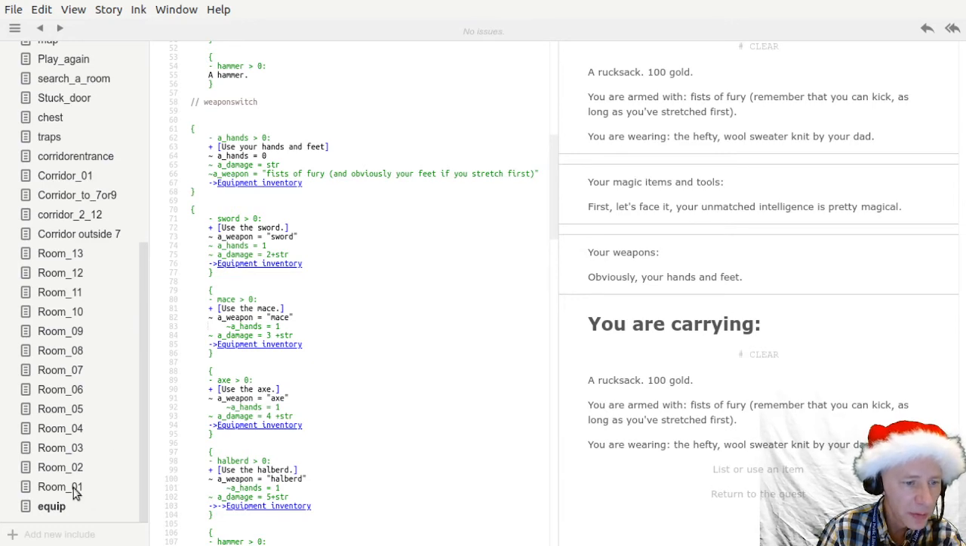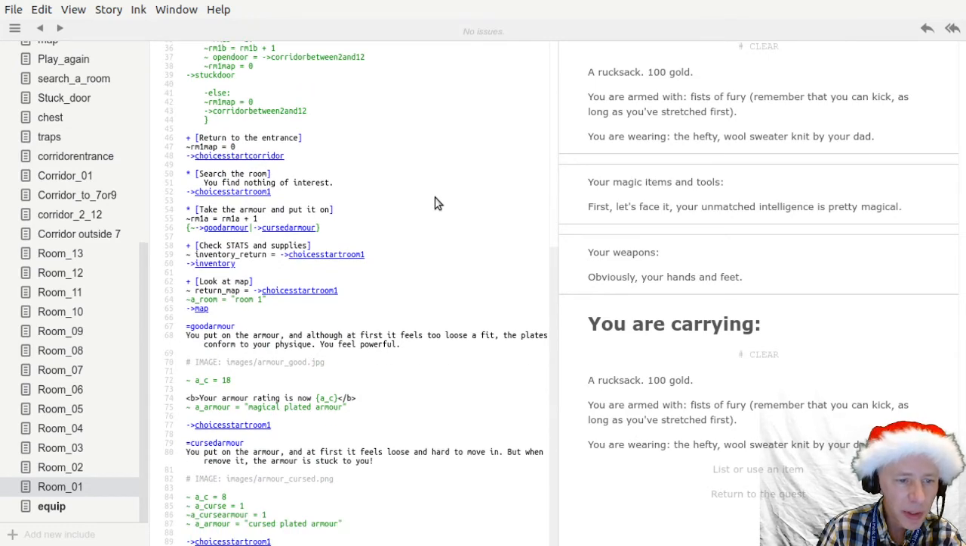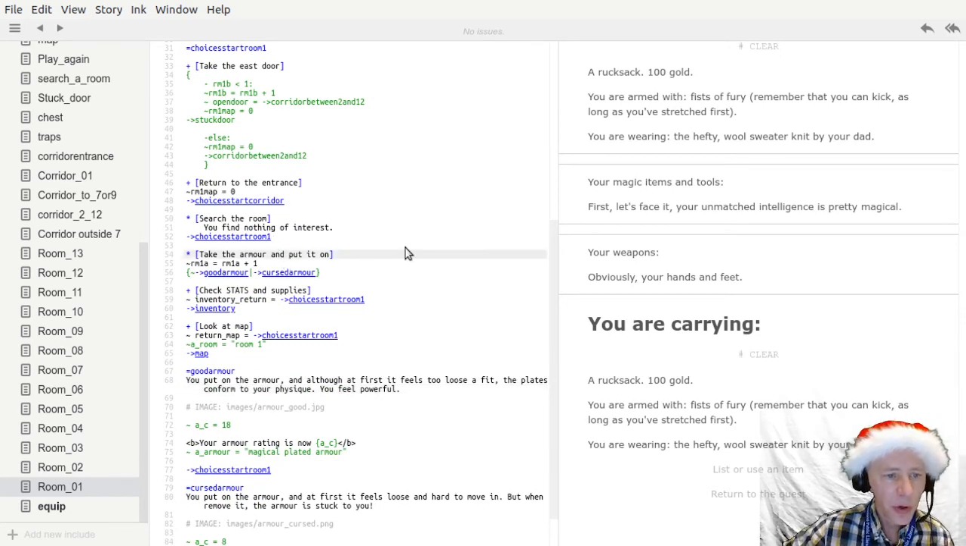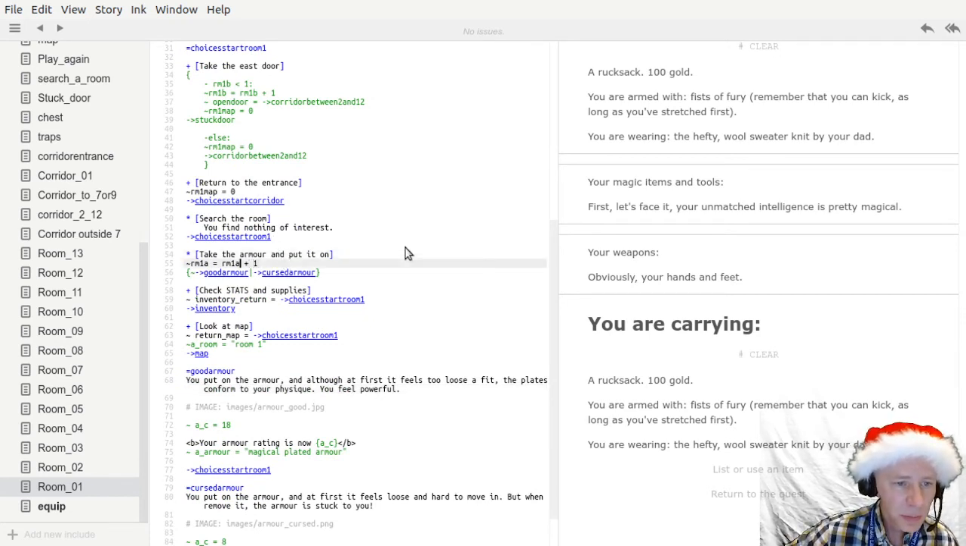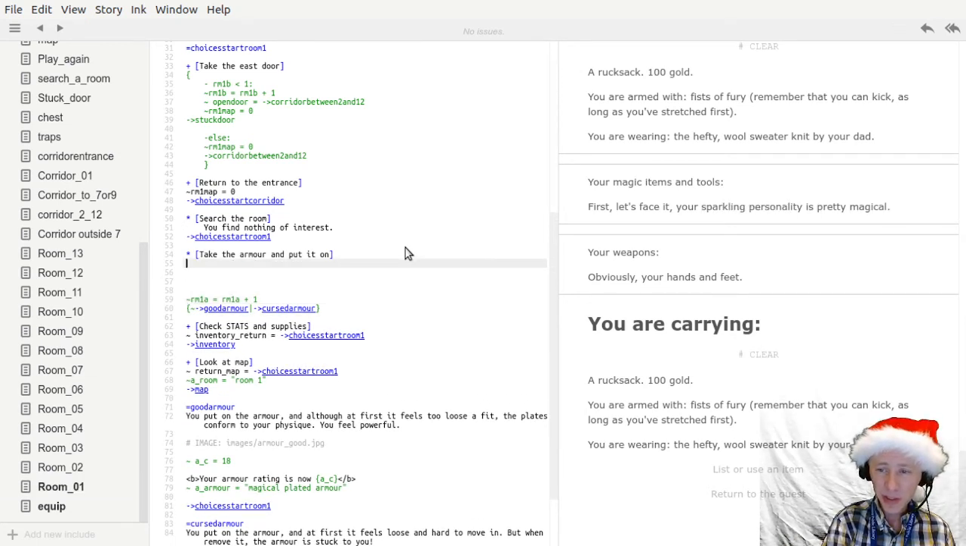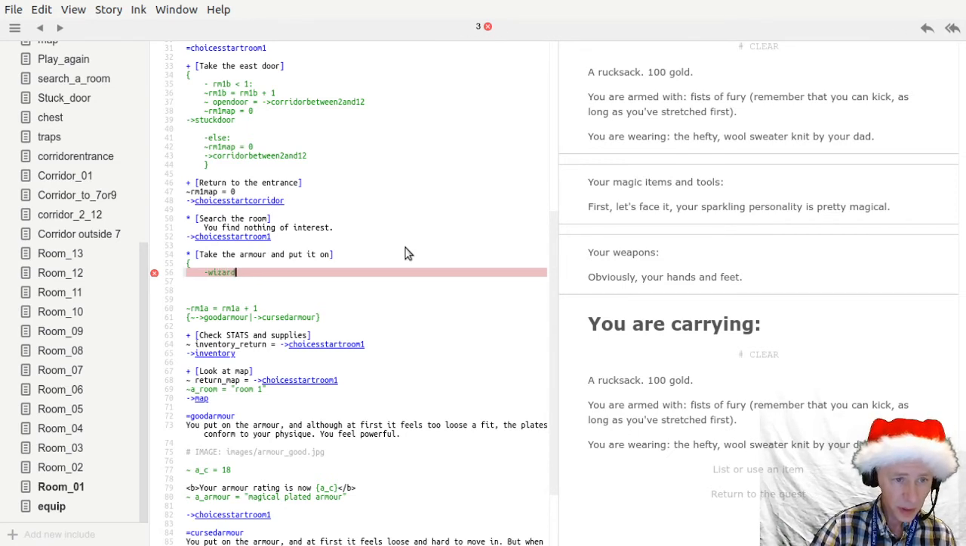Although I do know that in room 1, you find magical plate armor. So here, for example, the choice is take the armor and put it on. What I could do here, before this variable gets changed, is put in an if-else statement. So I go open squiggly bracket, so this is if. I think the wizard would not be able to use this. So if the variable wizard is equal to,